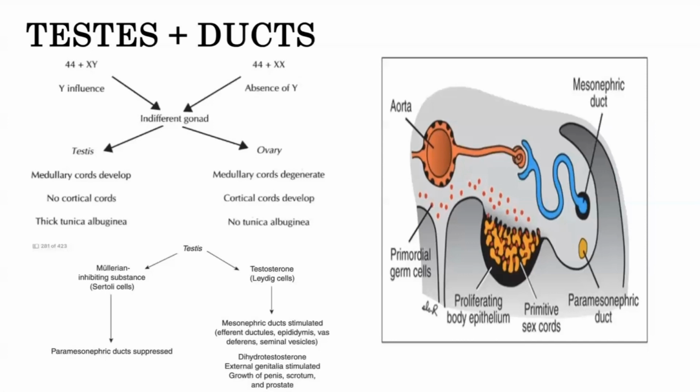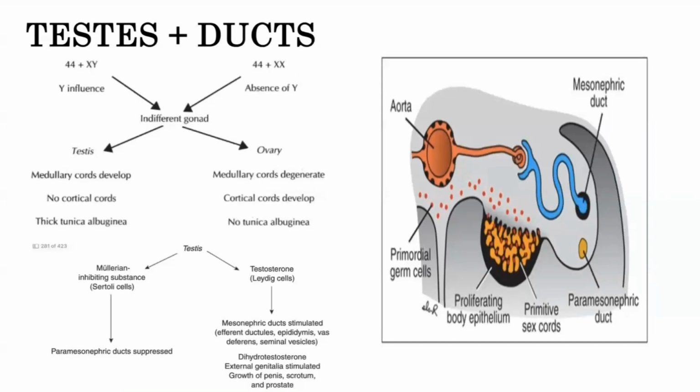anti-Mullerian hormone or the Mullerian inhibiting factor. And what the Mullerian inhibiting factor does is that it inhibits the growth and proliferation or differentiation of the paramesonephric or the Mullerian ducts that we need to see differentiated in order for a dimorphically female individual to form. So the anti-Mullerian hormone or the Mullerian inhibiting factor that's secreted by the Sertoli cells will prevent the paramesonephric ducts